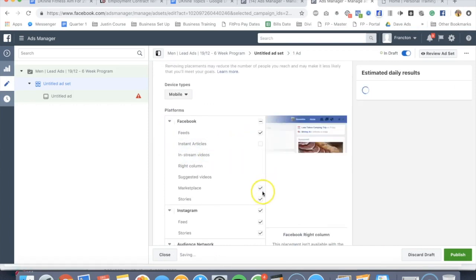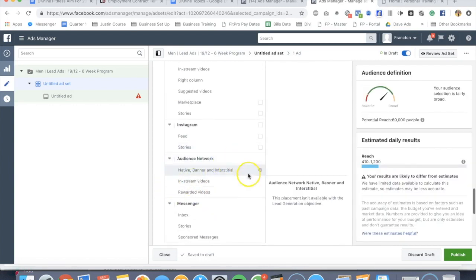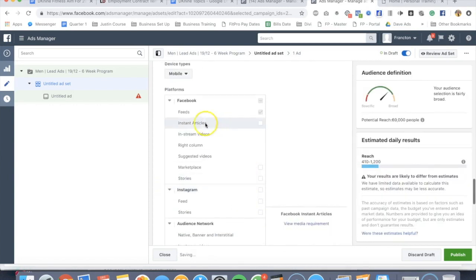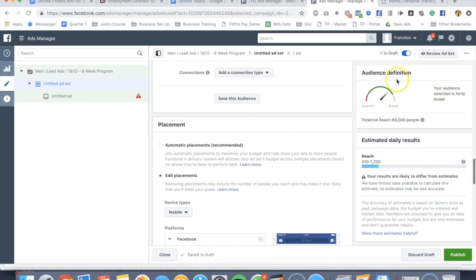So we've got instant article can go, marketplace, stories, Instagram, and the rest are all turned off. So the only place this really needs to be shown is the Facebook newsfeed, which is already ticked. So now if I just take you across to this side,